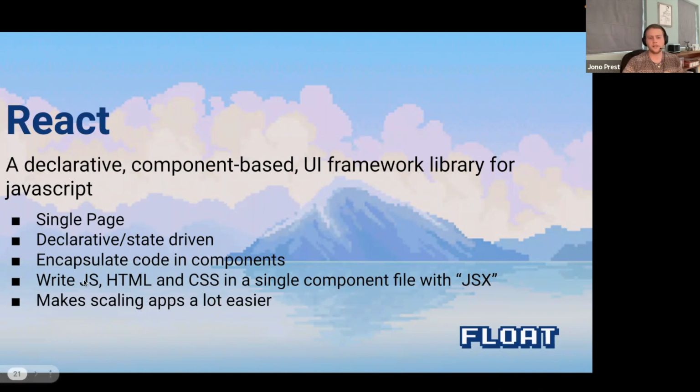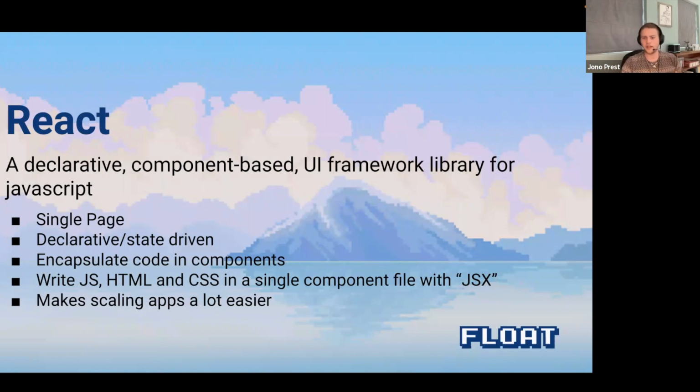And one more thing to note is that traditional web development has three files that it works with. It has JavaScript, which is your code logic. It has HTML, which are the components that you see on a page. It's the actual images and text and inputs. That's your HTML. The CSS is the styling. It's how do we make it look pretty. So traditionally, those are written in separate files, and to see what styles a specific component is using, you would have to switch to a styling file and look for the class that it's using and stuff